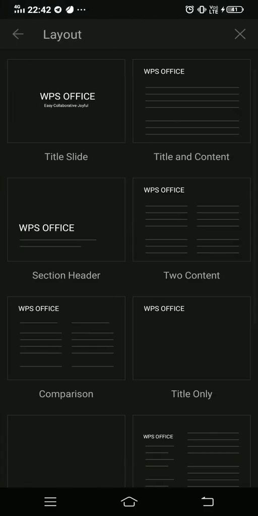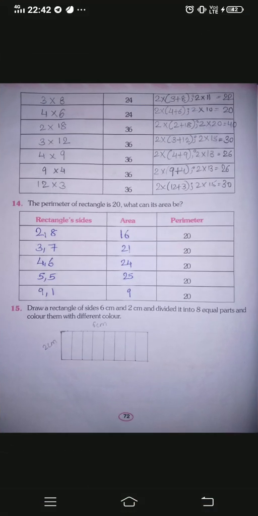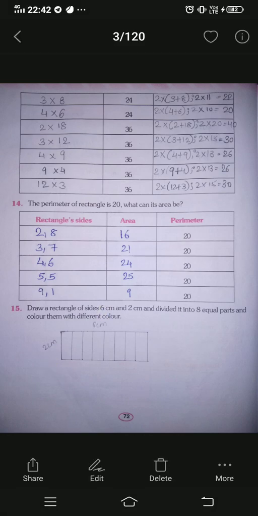I'll show you that you can draw a rectangle. Okay, this is 6 centimeter and this is 2 centimeter, and what you can do is you can do like this. Middle से आप divide कर लो and then 1 2 ऐसे भी आप कर सकते हो. सो यू हैव गॉट 8 साइड्स, 1 2 3 4 5 6 7 8. 8 साइड्स हो गए. बस इक्वली करना, ठीक है, इक्वली डिवाइड करना एंड देन आइदर यू कैन डू दिस वे और यू कैन डू दिस वे. ठीक है, बड़ा सा बना दो, बट येस लेंथ एंड विड्थ शुड बी 6 and 2 itself.